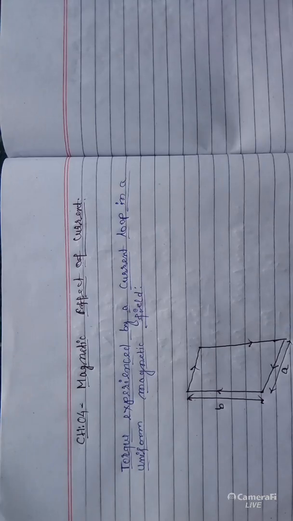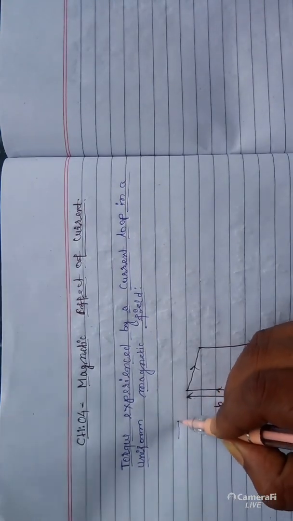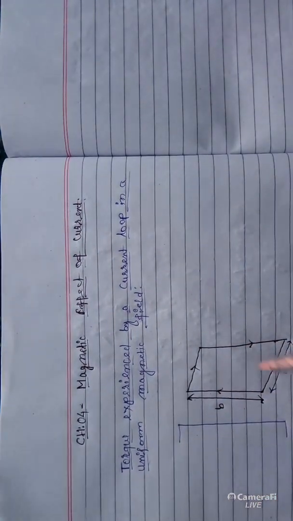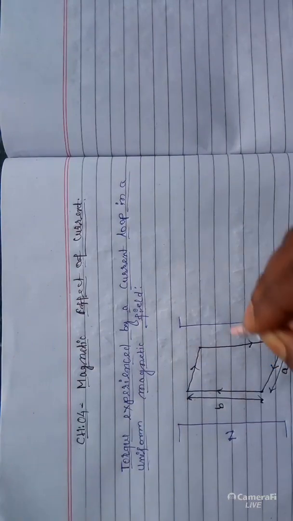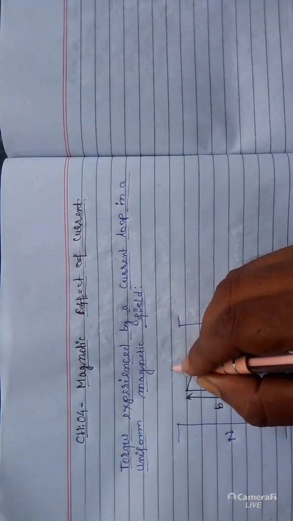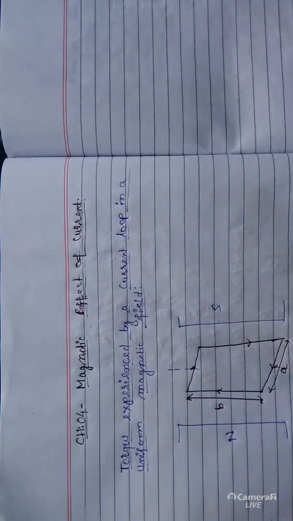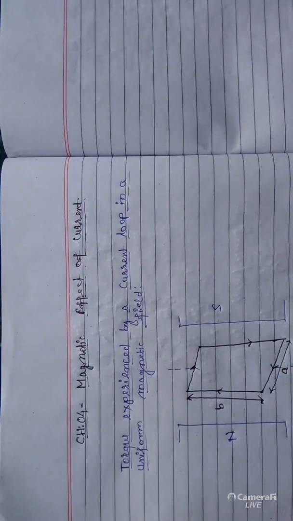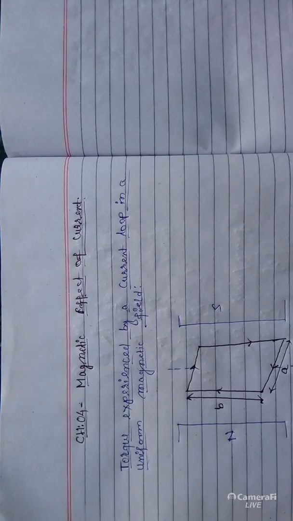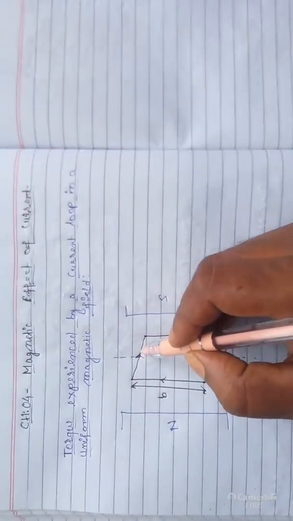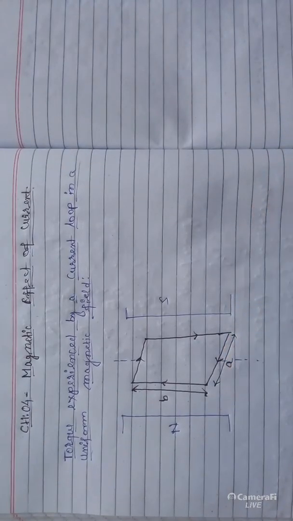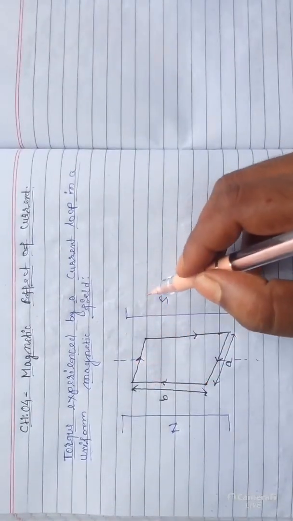Clear? Now, if we place this loop in a magnetic field, then what happens? Just place a magnet in between them. So this is the magnet. North pole is here, south pole is here. And this is the axis of rotation of the loop. It can move. Clear? Now the magnetic field will be from the north pole to the south pole. Let at any instant of time the coil be placed at an angle theta with the magnetic field.